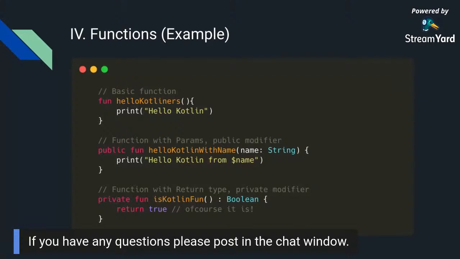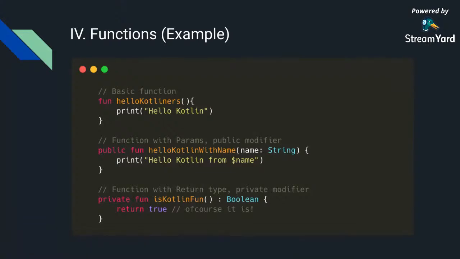So this function is taking in a parameter. This is how you have a parameter for a method. The last one is a simple function which has a return type. So the return type is Boolean there, again, that is specified. And I'm just returning the value as true, because of course Kotlin is fun. So you can have return types as well, and this is how you define a return type. In Java, you would probably write something like void or Boolean, then function name, and then function. Here you specify the type or the return type like this.